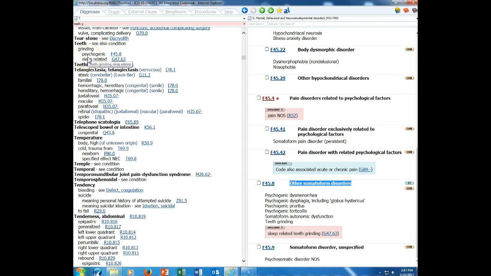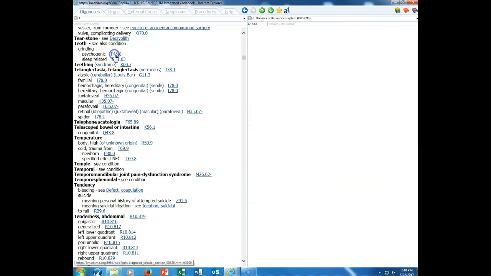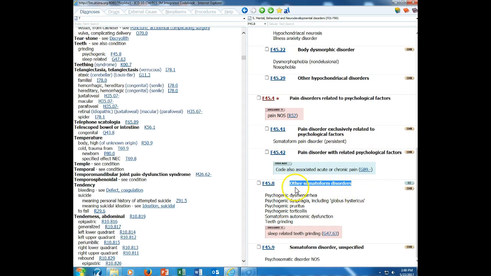Okay, so if we look at teeth grinding, it can either be psychogenic F45.8, which is the code that we're looking at here, or it could be sleep-related G47.63. Sleep-related. So when we look at F45.8, this term is for other somatoform disorders. It includes psychogenic dysmenorrhea and these other conditions that are listed here. Teeth grinding is one of them. So if our patient has psychogenic dysmenorrhea, we must assign this code F45.8. But if our patient also has sleep-related teeth grinding, which is not related to psychogenic dysmenorrhea, we also need to be able to assign this code